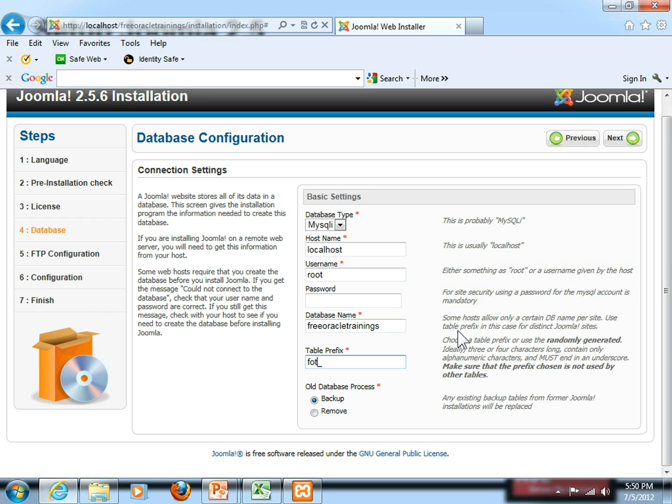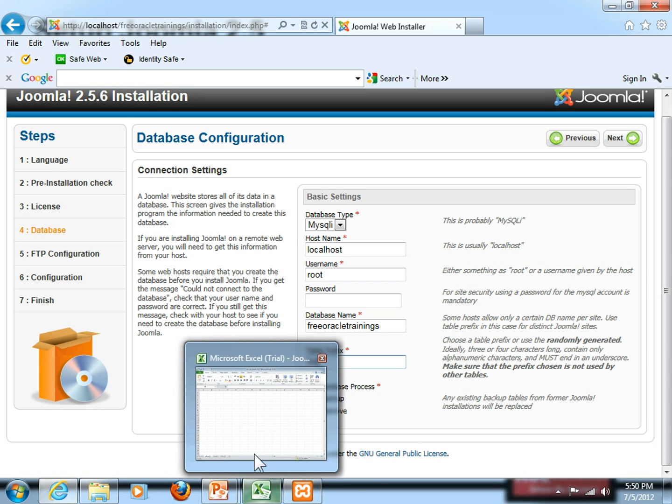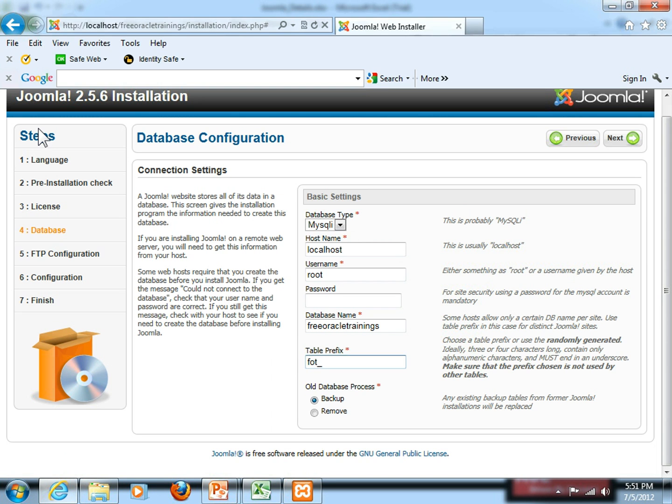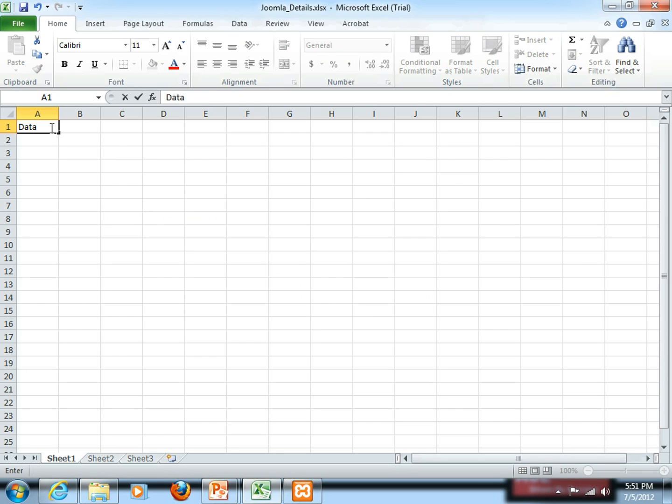As simple as that. Before you go ahead, I think it's a good idea to save whatever details you entered somewhere, so that later on you should be able to recollect them. It's a good practice to save these details perhaps in a notepad or Excel and save it somewhere on your computer. So type it: database type, say MySQLi,